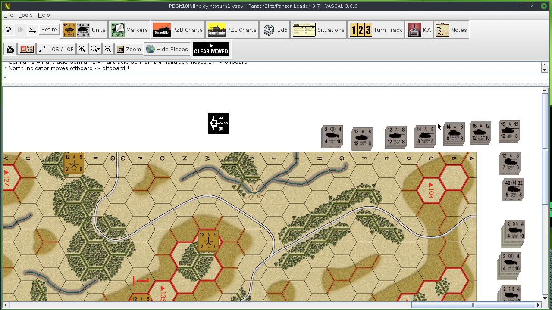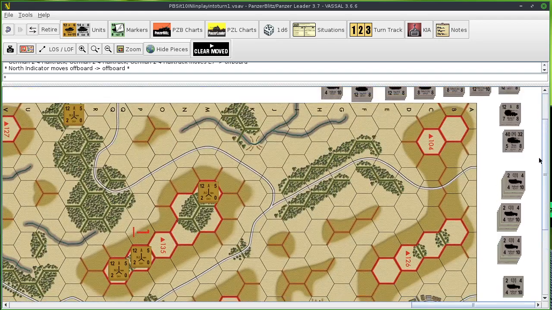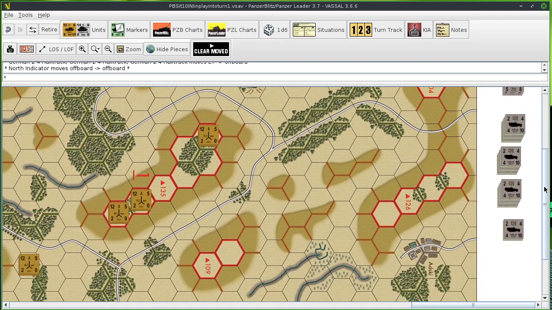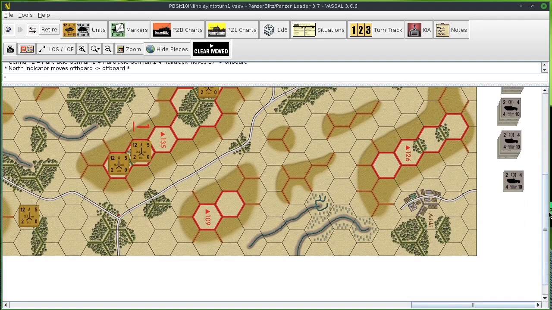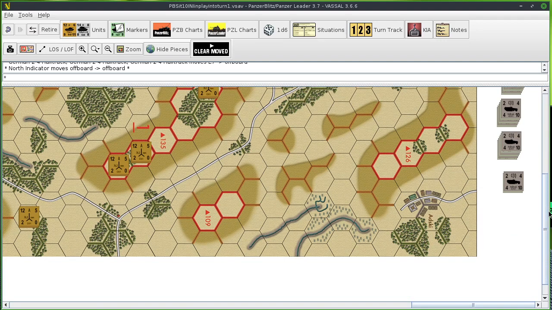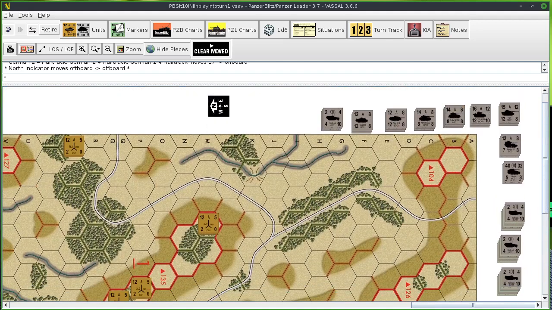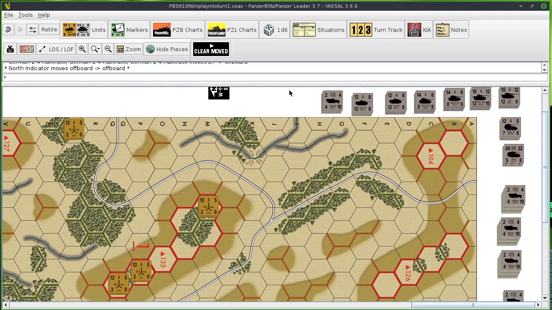So I have some of the weaker armor in order to be soaked off. Then you get the Wespes and the howitzers, and then you get the half tracks full of infantry. And the last group you have a mortar unit and 2 anti-armor units, and that's it. So I'm going to start off with